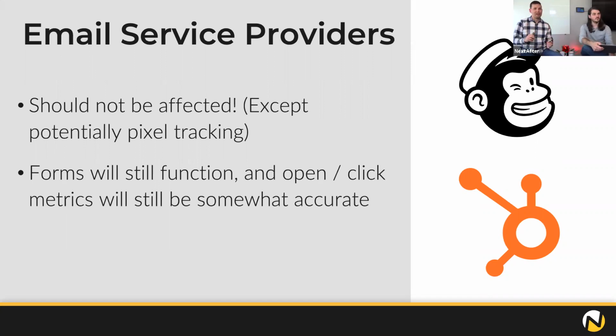Now, the one caveat: MailChimp has this, HubSpot has this, Marketo has this, Pardot has this. If you use a pixel with your email service provider to do triggers, that may be blocked as well. It will be blocked if you're in Tag Manager. In all likelihood, even if you didn't use Tag Manager, it's still going to be blocked. Sure. So the forms will still function. And when you look at open and click metrics, they're not blocking those from loading, so those will still be somewhat accurate. I'm going to say somewhat accurate